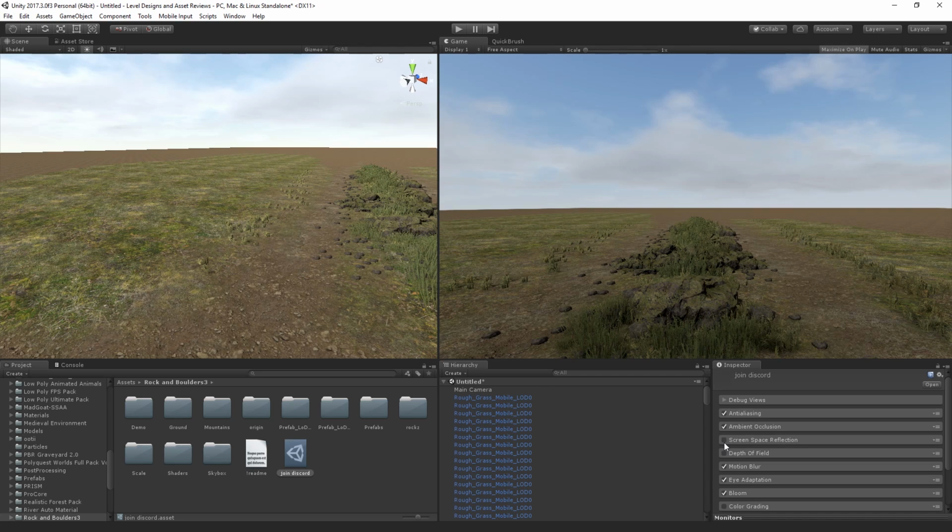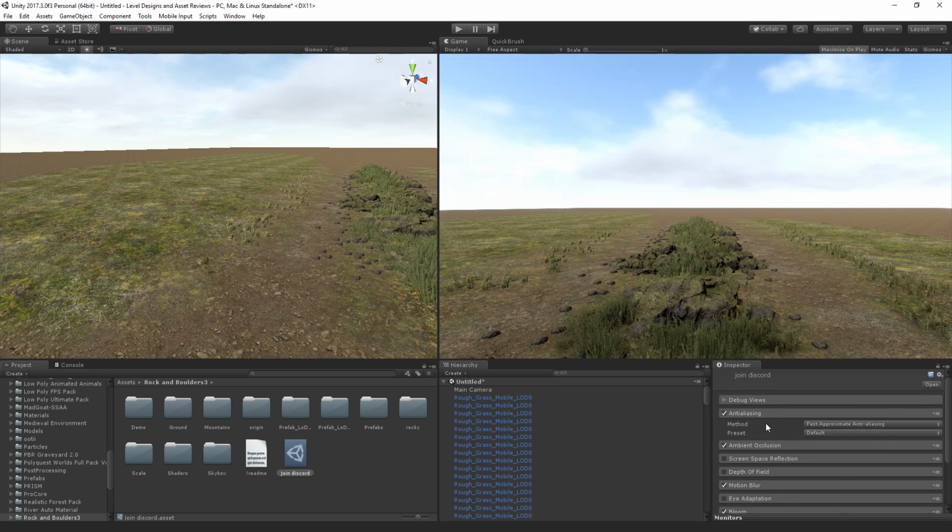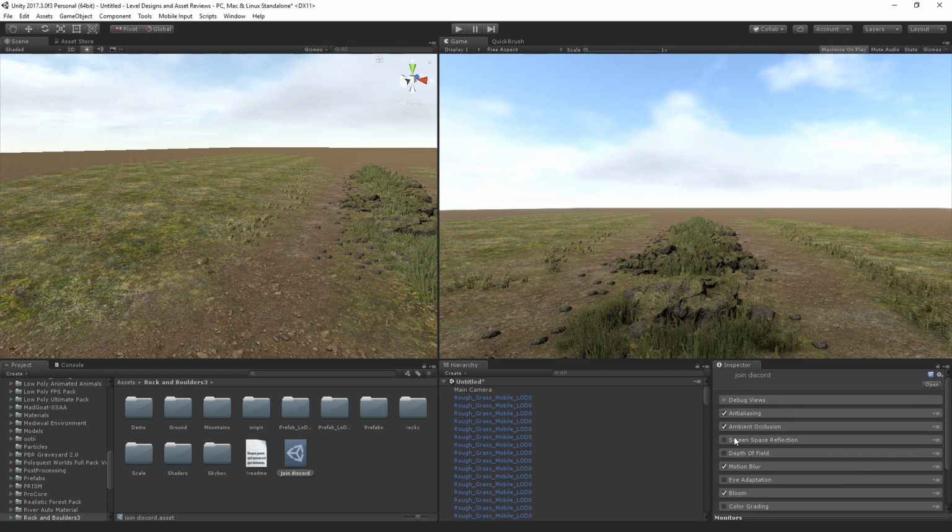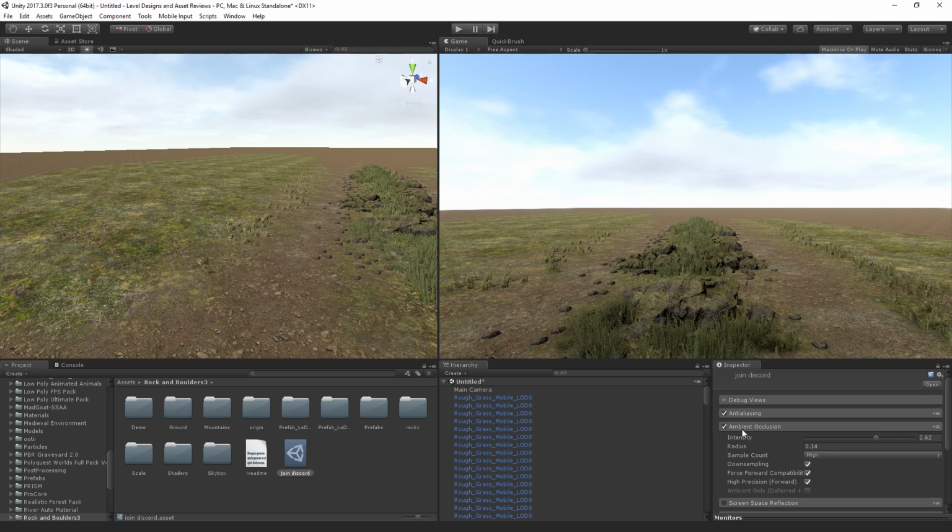Screen sprays, we don't really need that. Motion blur, let's keep that. Eye adaptation, yeah, remove that. Bloom, keep it. Anti-aliasing, yeah, we can actually keep it. It doesn't really matter. Ambient occlusion, though,